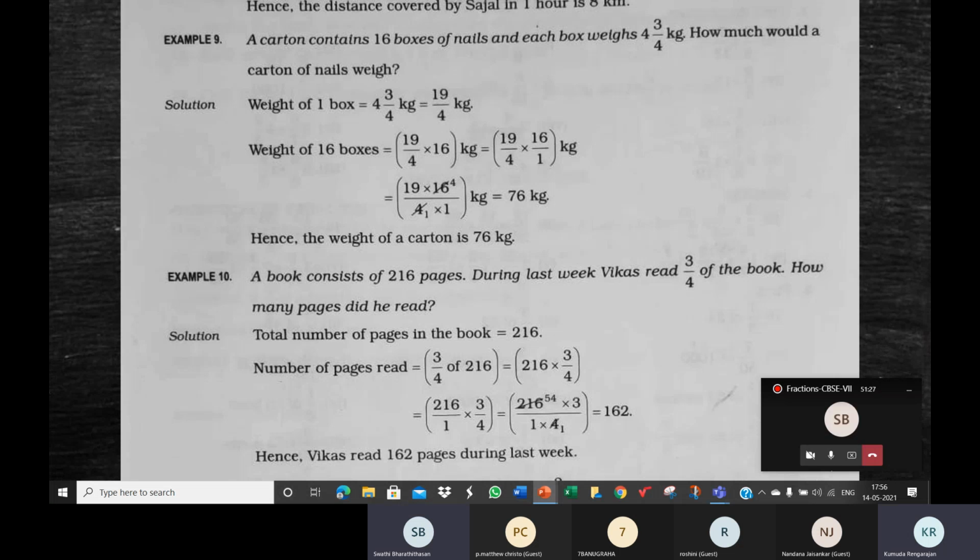See the remaining two. Please read example 9 and example 10. First do example 9, read the question, understand the situation. Because it's under multiplication, okay, this also is multiplication. That's not the way to understand. Read the situation, understand why it is multiplication, and see the answers. Ask me your doubts.